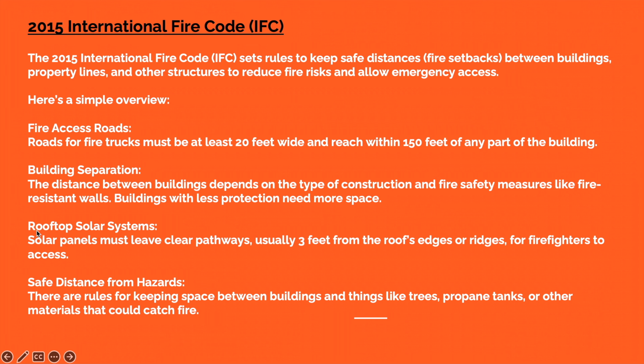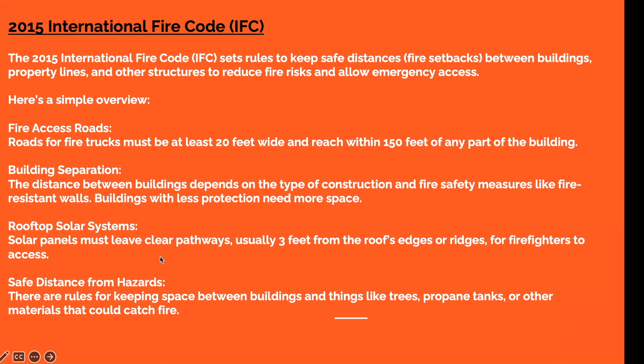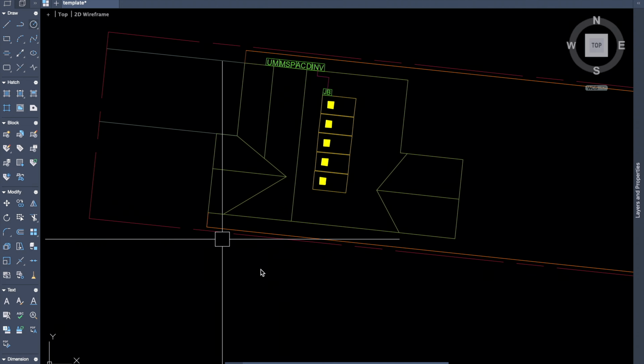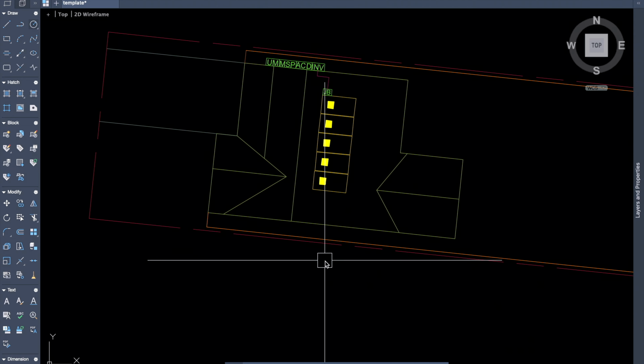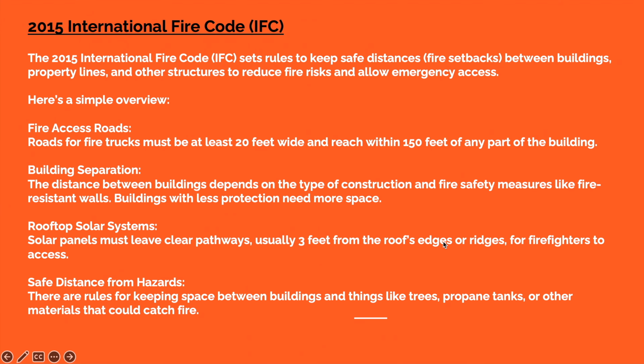So I will show you the rooftop solar system, how we can give fire setbacks, which is 3 feet from the roof edges or ledge for firefighters to access. Here I have drawn one layout, and in this I will be giving fire setback, which is 3 feet from roof edges.